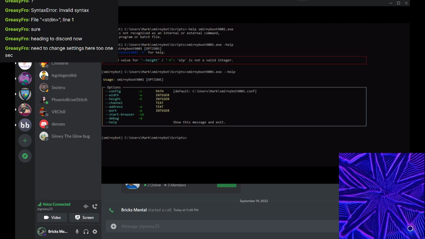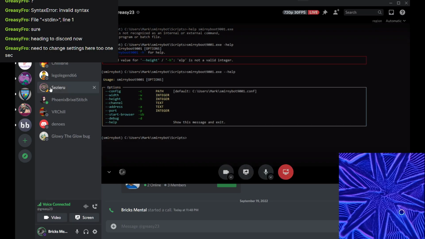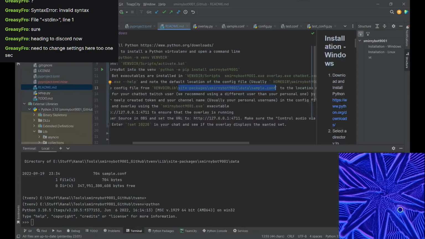Oh, so in the virtual environment directory, if you go to lib, site-packages, and then data, this is the path where the sample.conf file is located.